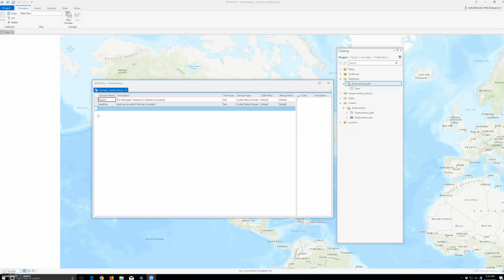And we're going to click the domain name field and type status. And then this one is tree status and text, coded value, split default. Press the tab key to click the description field and type tree status. So I did that. On the right side of the domain tree inventory pane, click the first